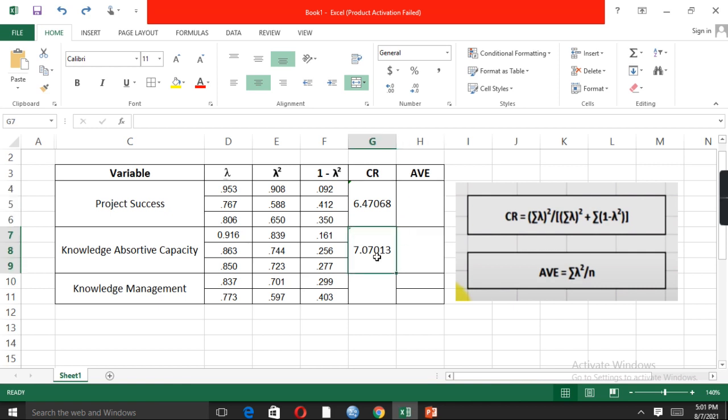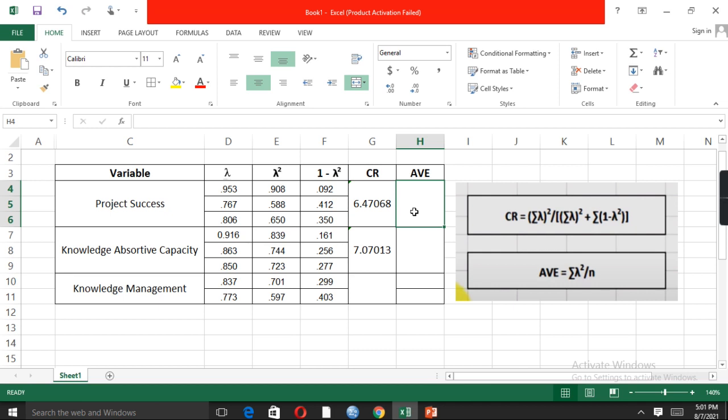So the next step is we need to calculate the value of AVE.